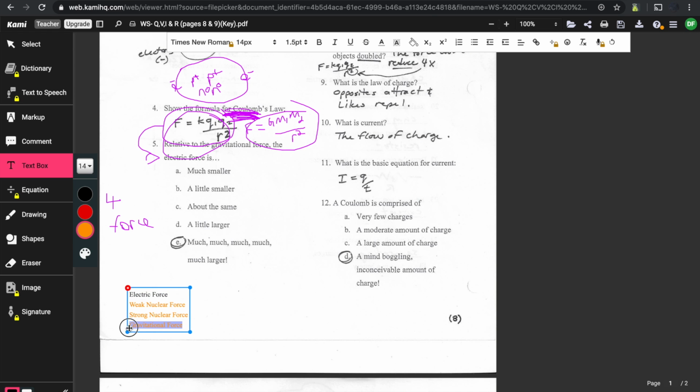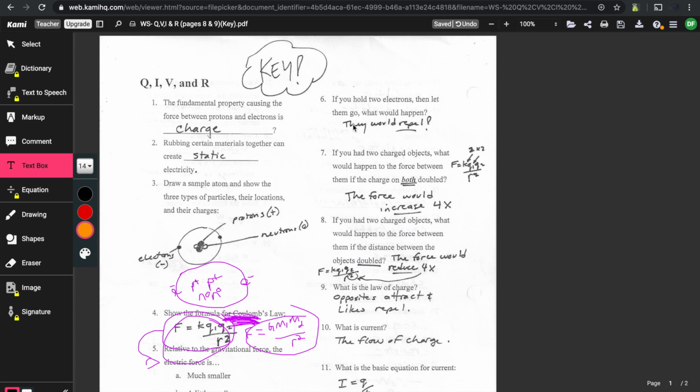Gravity still has not been connected with these other 3, and that's one of the areas where modern physics is trying to delve into and figure out. Number 6, if you hold 2 electrons, if you could do that and then let them go, what would happen? 2 electrons are 2 negatives, so a negative and a negative